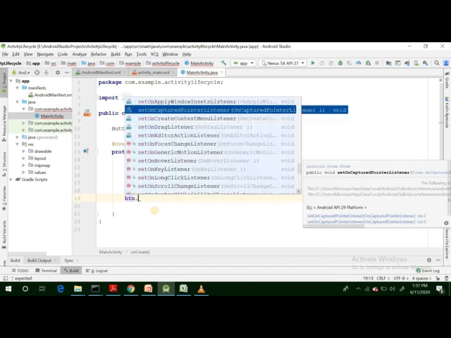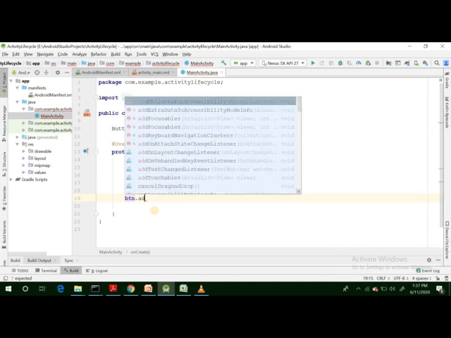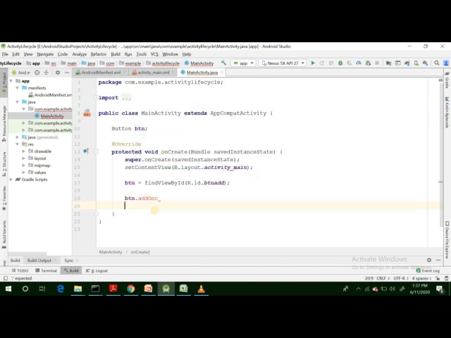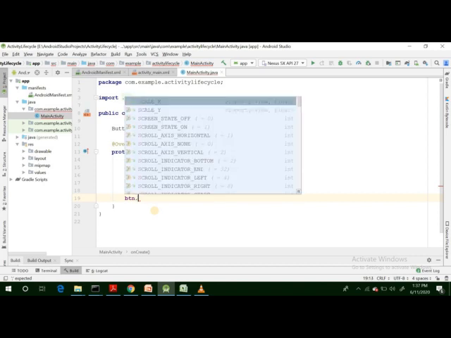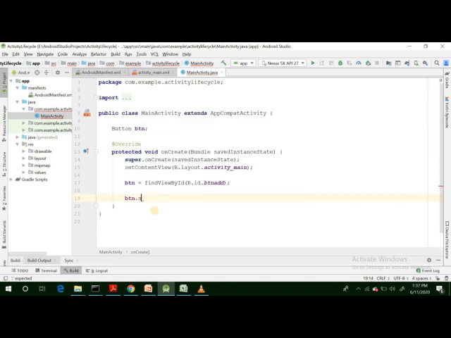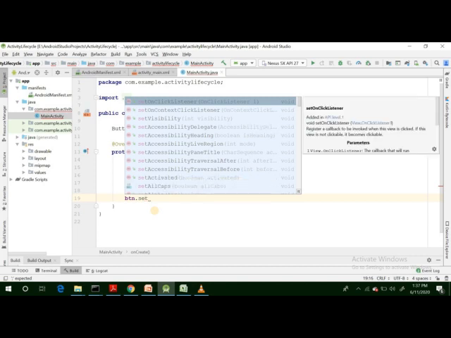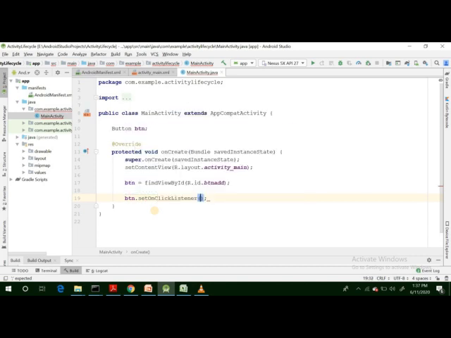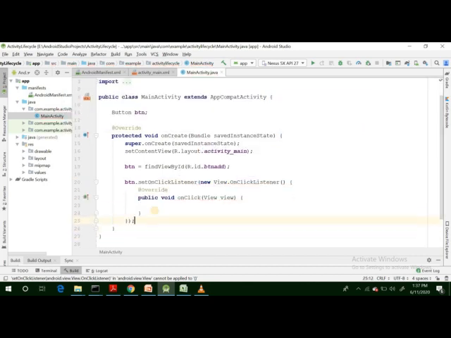So we have a listener called OnClickListener, and we can implement it using a new click listener.